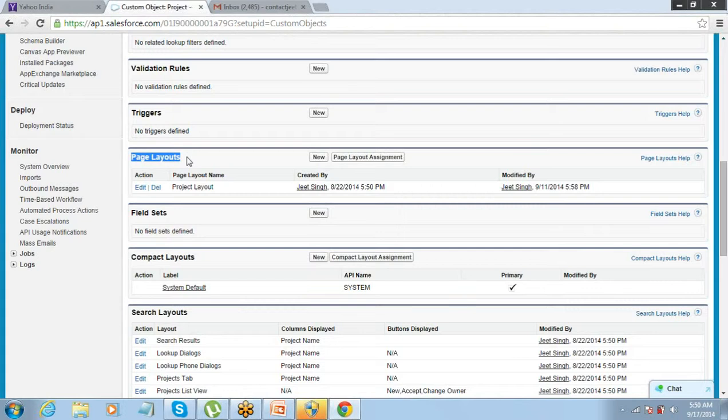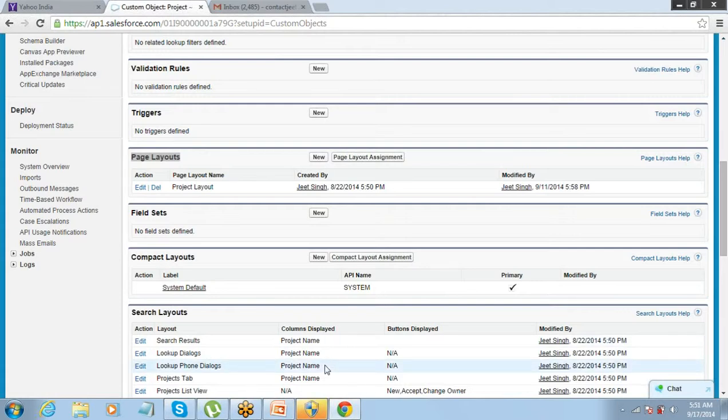For a custom object, by default there is one page layout which gets created when you create the custom object. And you always have that option of creating more page layouts and then assigning them to the profiles the way you want. Clear? Okay.